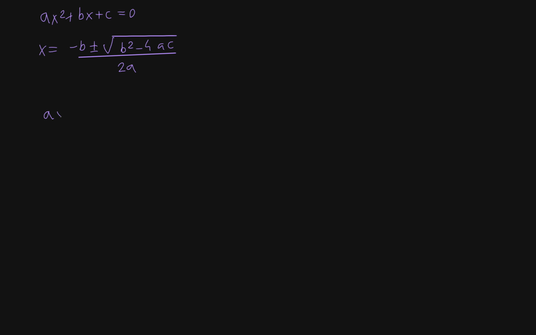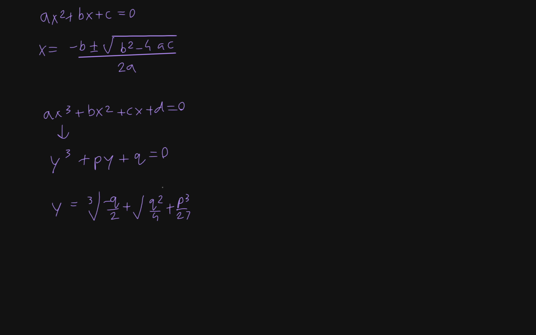If we are given ax cubed plus bx squared plus cx plus d equals 0, we can reduce this to a form like this, where we have y cubed plus py plus q is equal to 0, and then get solutions for y, which will be the cube root of negative q over 2 plus the square root of q squared over 4 plus p cubed over 27, all nested like this,